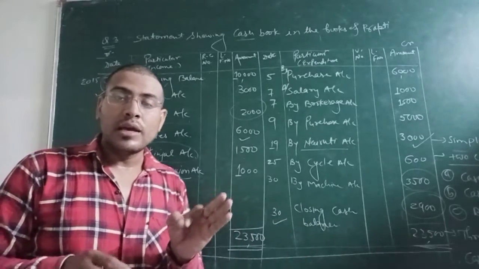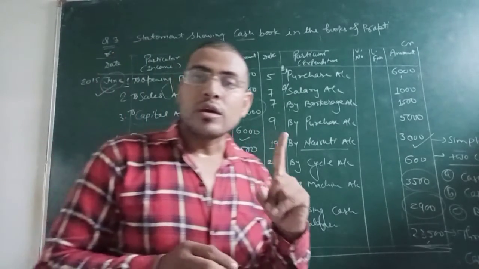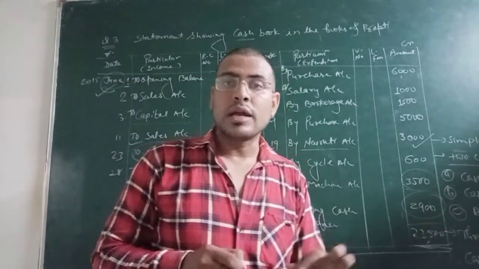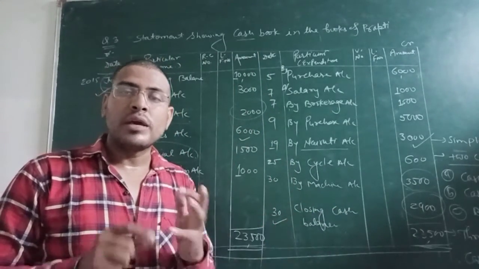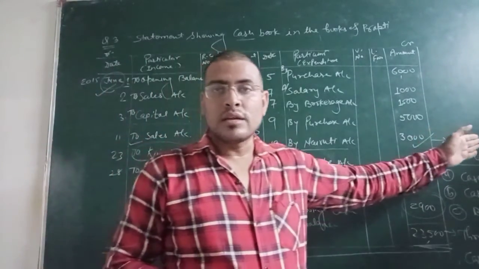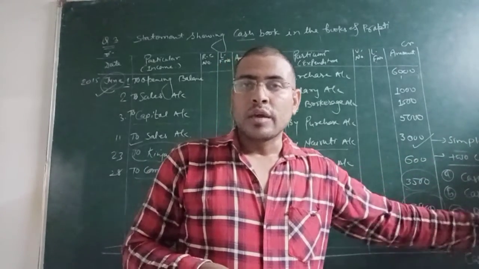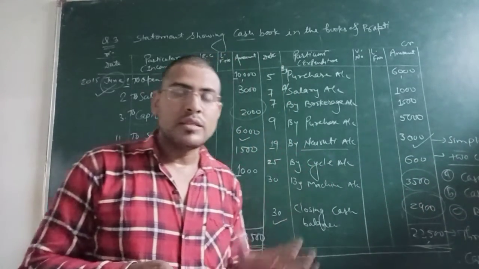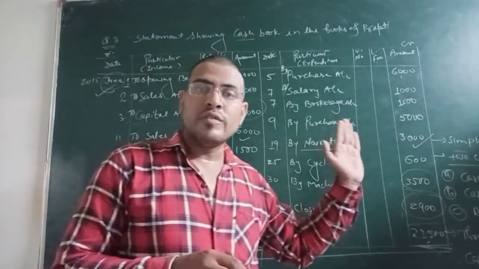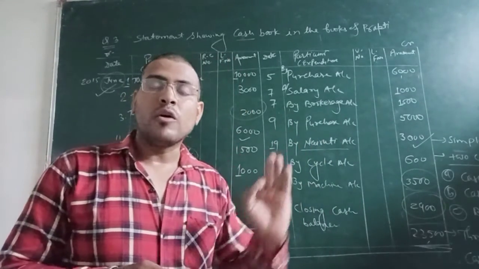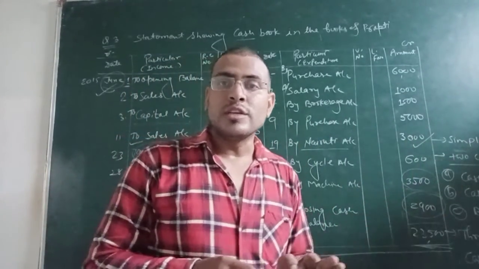But for you, in homework, illustration number 1 you have to do, along with all the formats given in the cash book. I have defined for you, there are 3 to 4 types of cash book we have to prepare. This is the very first, simple cash book. Now in your homework, illustration 1 and all the columnar cash books are to be prepared.